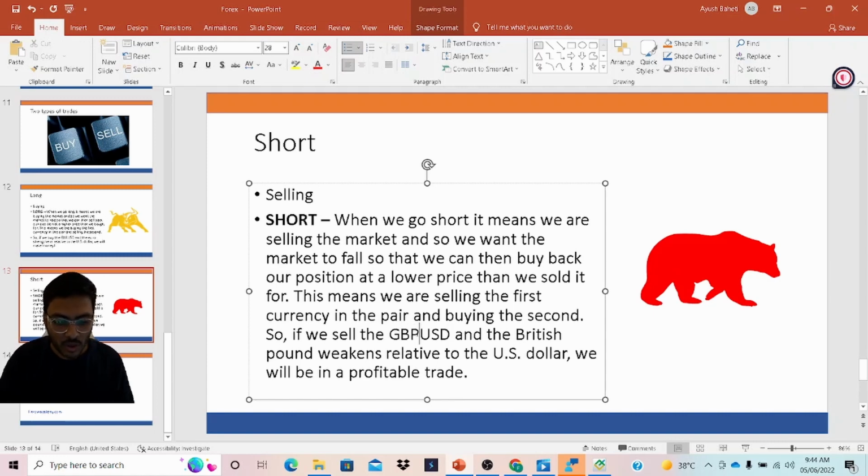Okay, let's say you sold GBP, and I'm taking a random currency exchange figure just to make you understand better. So let's say the GBP/USD rate is $2. It means 1 GBP is equal to $2. Now let's say I feel that the price of GBP will fall, or the GBP currency will weaken. What I will do is sell at $2, and when the price falls to $1, I will buy. So essentially I sold the GBP at $2 and bought it back at $1. But what I'm doing is first I'm selling, and then when the price goes down, I am buying it.